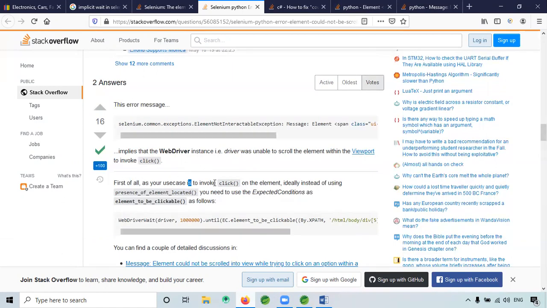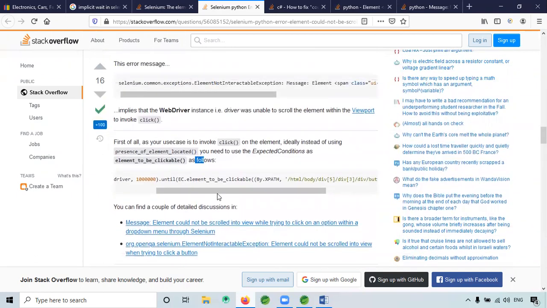First of all, your use case is to invoke click on the element, so instead of using presence of element located, you need to use expected conditions element to be clickable. No, this is again for explicit. This is not implicit, right? This is for explicit.